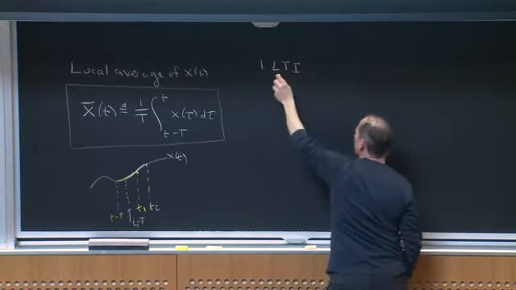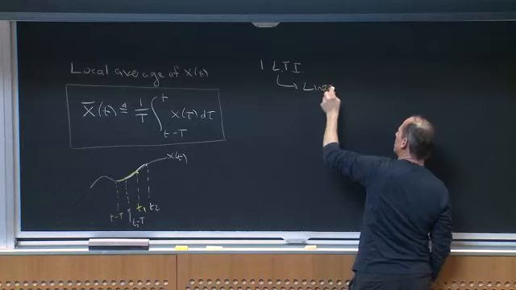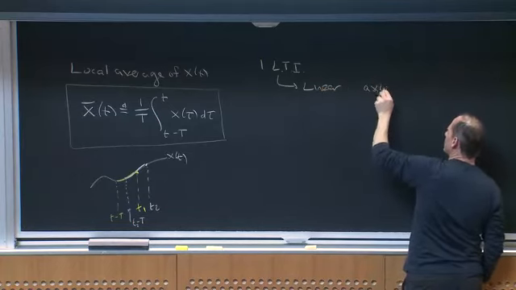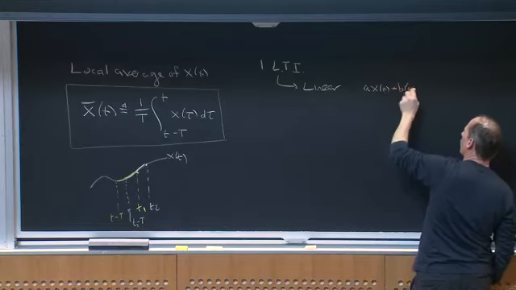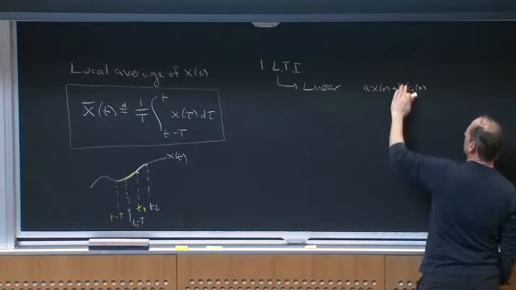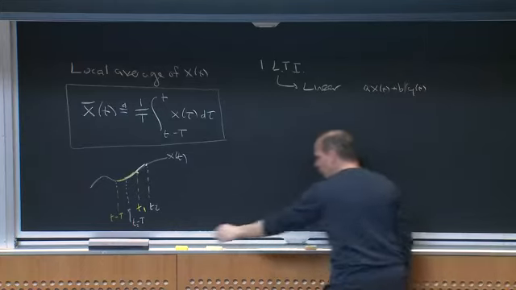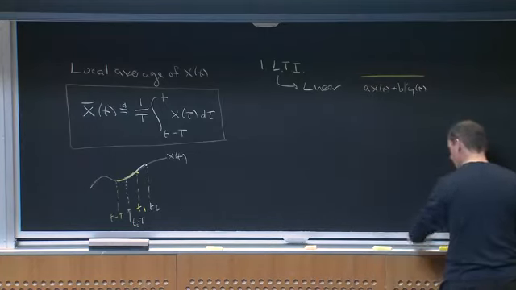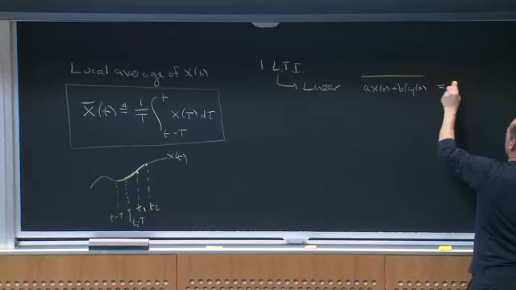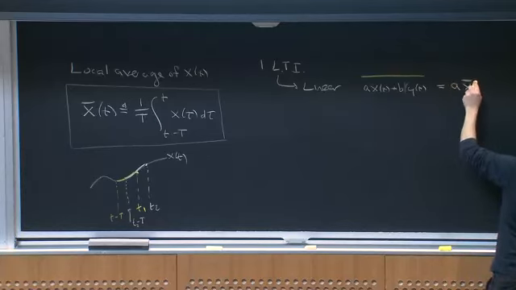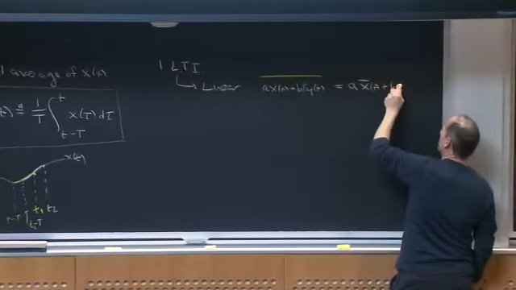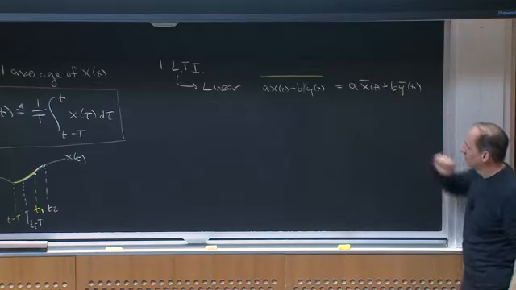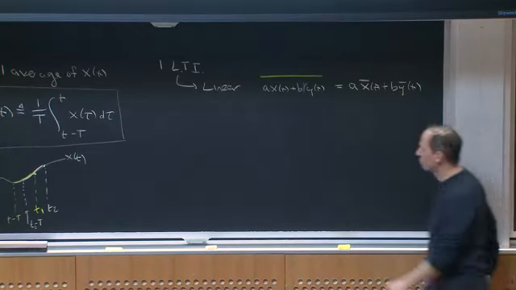So when I say it's linear, I mean the following: if I took A times x of t plus B times y of t, and then I took the local average of this whole signal, what I would get is A times x bar of t plus B times y bar of t. That's nice. It's also time invariant,